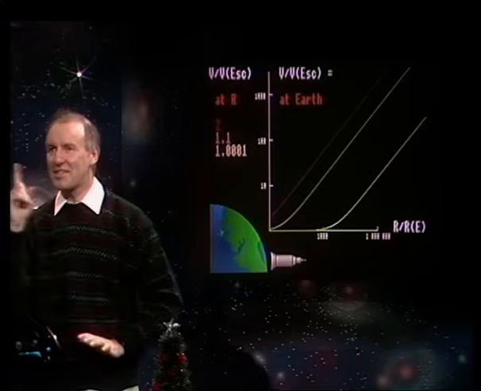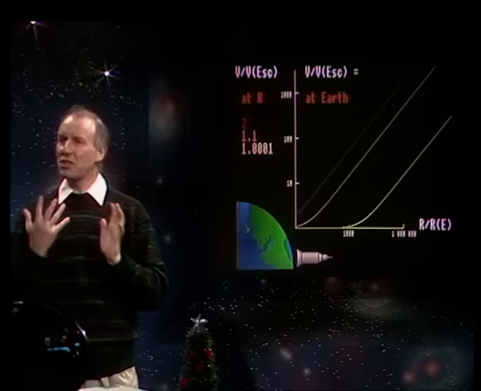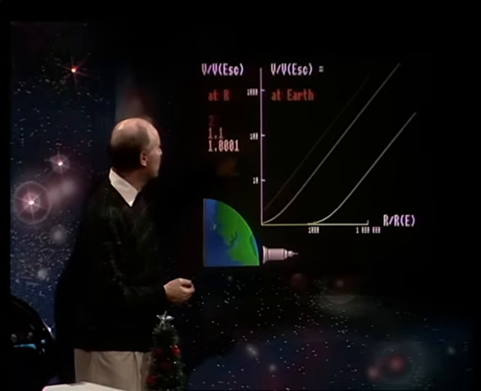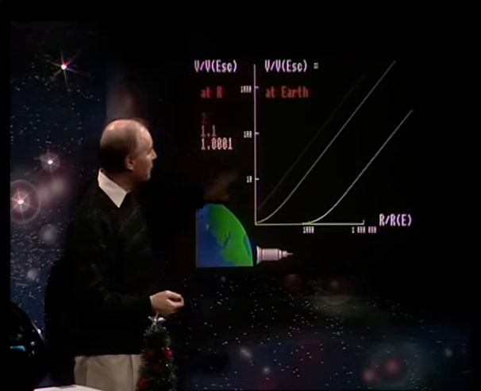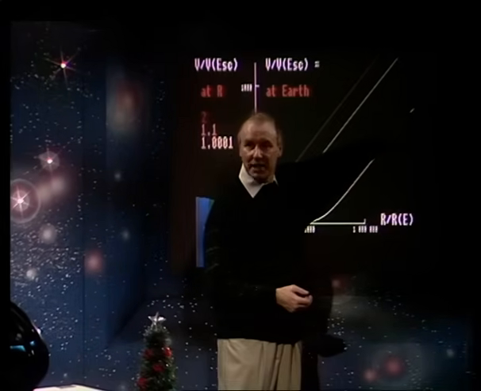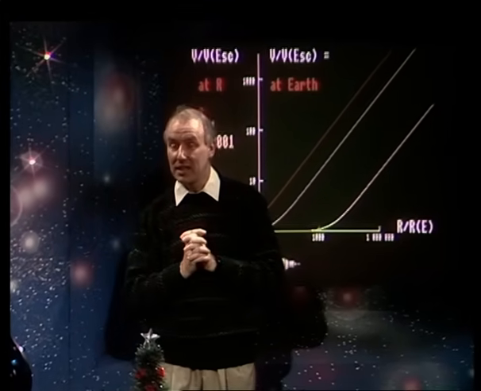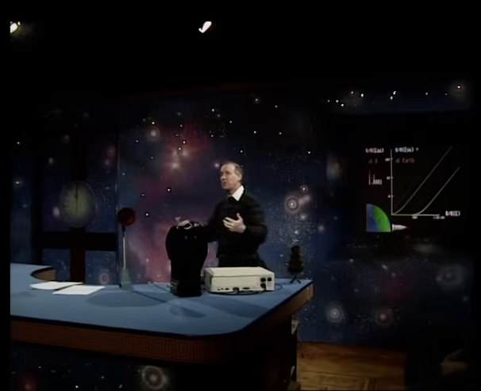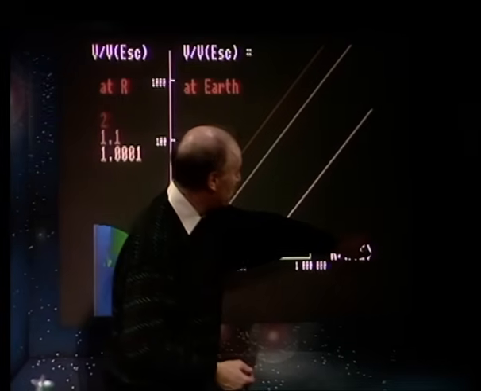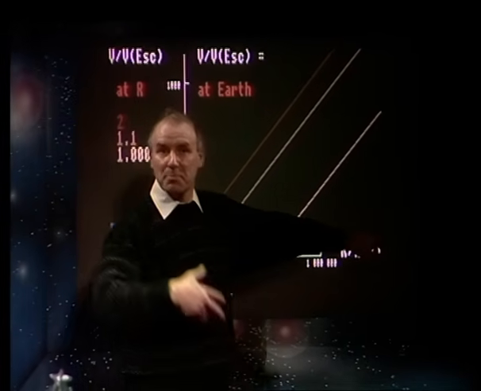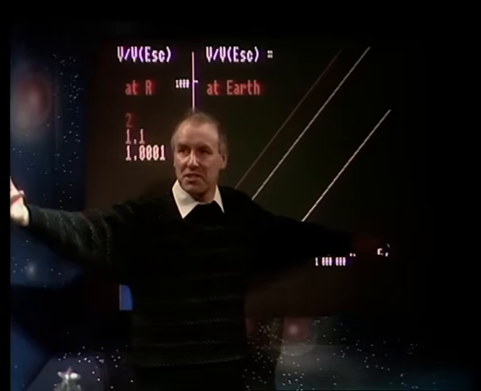Now, that is a very subtle experiment, because what it's showing us is that even if we start off with velocities very close to the escape velocity, eventually the rocket ship, far away from where it started, will have a very large velocity relative to the escape velocity at that time. And now this is the problem for the universe. You see, the universe has expanded by an absolutely enormous factor from its beginning. And yet now, we're still within a factor of 10 of our escape velocity. So what that means is that this curve up here must still be very, very close to this axis down here, despite the fact that the universe has expanded by enormous amounts since its beginning.